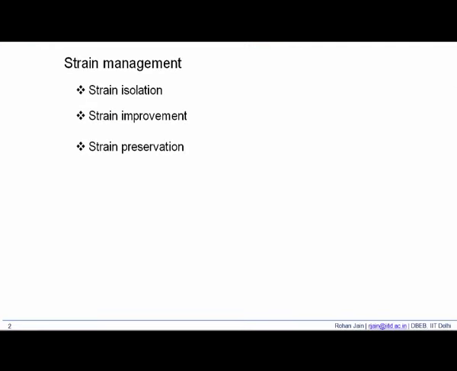Now, as you would have already understood, or you already have an intuition suggesting, the strains or the microorganisms that we are going to use in the reactor play a major role in the production of our bioproducts and their subsequent purification. So, the success and the failure of the bioprocess to a very large extent depend on the strain: how much it can produce, how long it can survive, what it can do, whether it can produce in enough quantity,